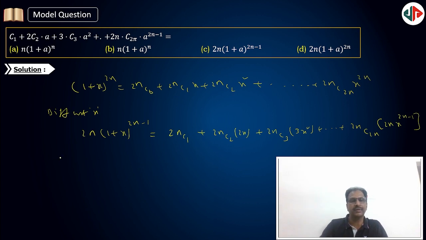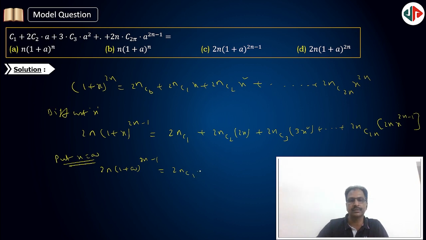Now to get the required value, put x is equal to a. If you put x is equal to a, then 2n into (1 plus a) whole power 2n minus 1 will be equal to